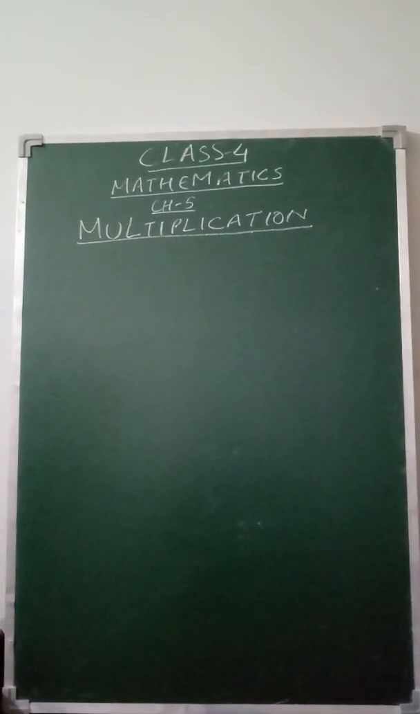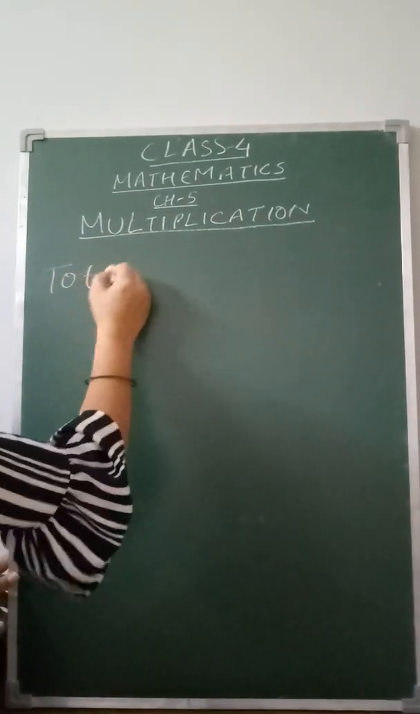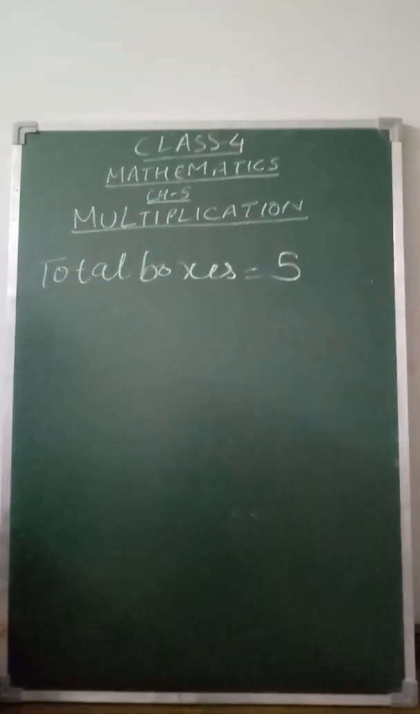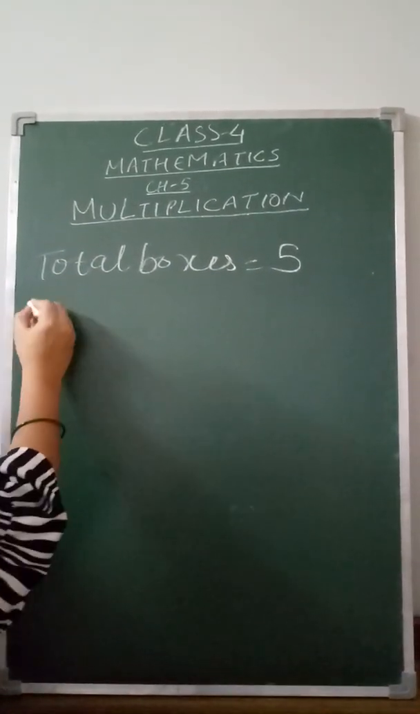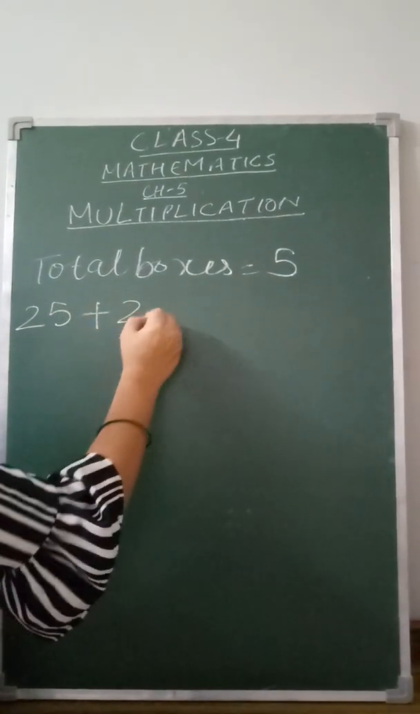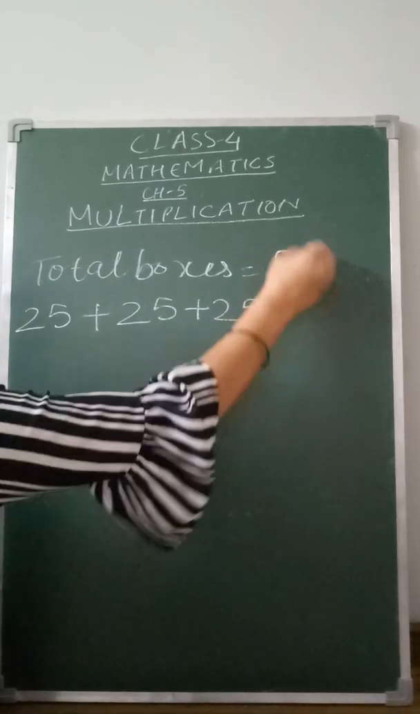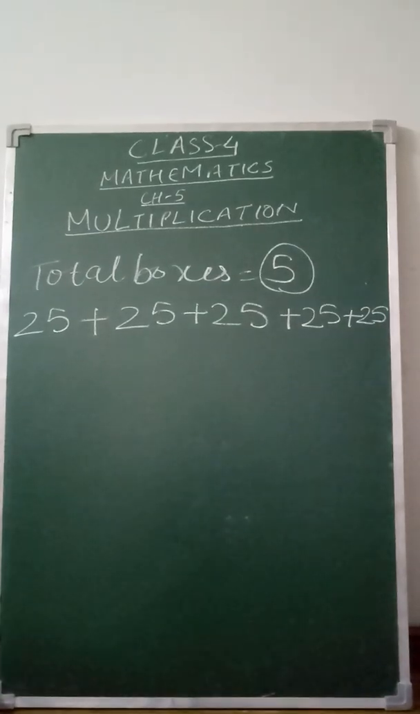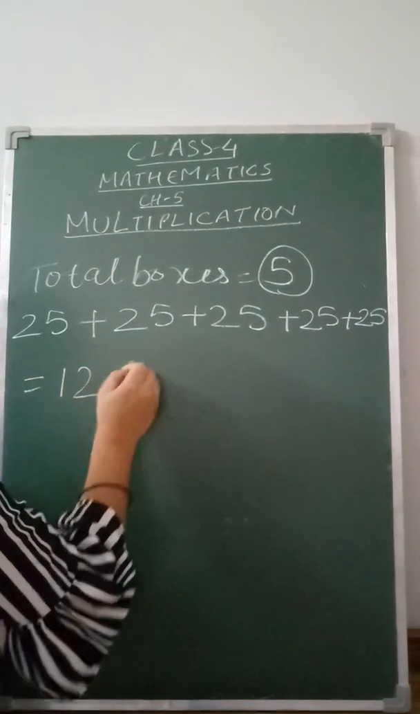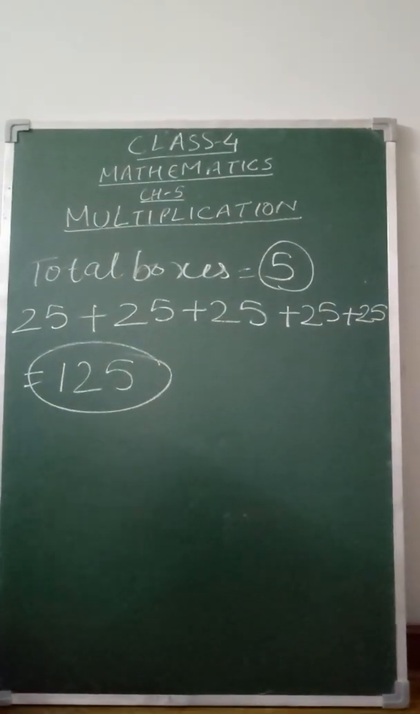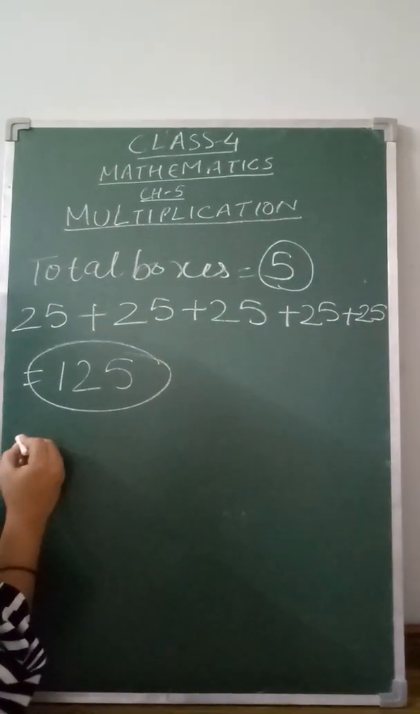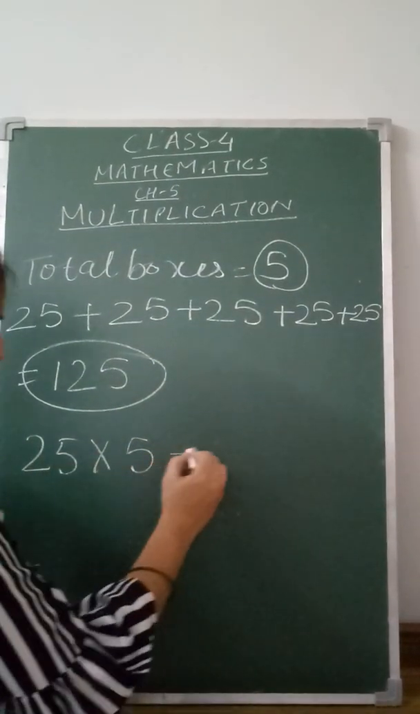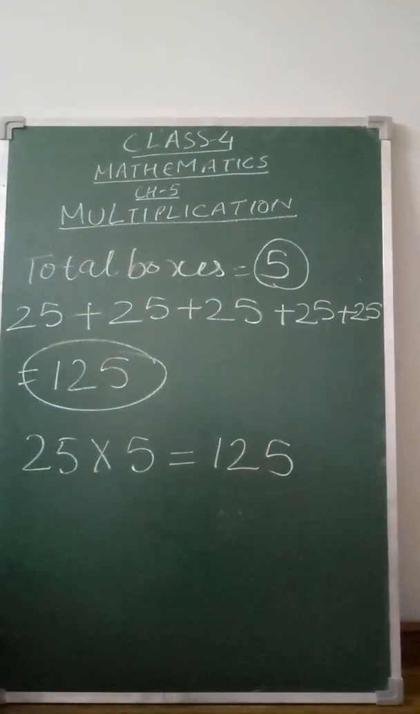So this is very simple. Suppose total boxes are 5, right? And I have to put 25 apples in one box. So what I'll do, 25 apples, so I add 25 5 times to know how many apples I have. So the sum is 125, right? There is one more method, you can also do it like this, 25 multiplied by 5, and